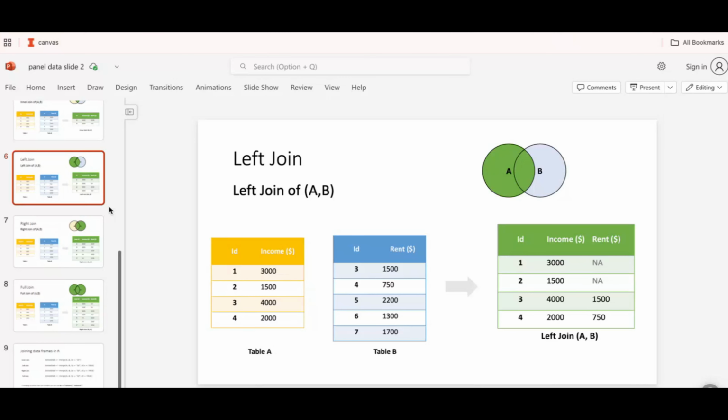In our example, as you can see in table B, there is no ID 1 and 2. So when we use left join, the rent data for those IDs is NA, and the entire data from table A is kept along with the matching data from table B. You can see this from the Venn diagram. Do you get it? Do you have any questions for this one? No, I got it. Okay.